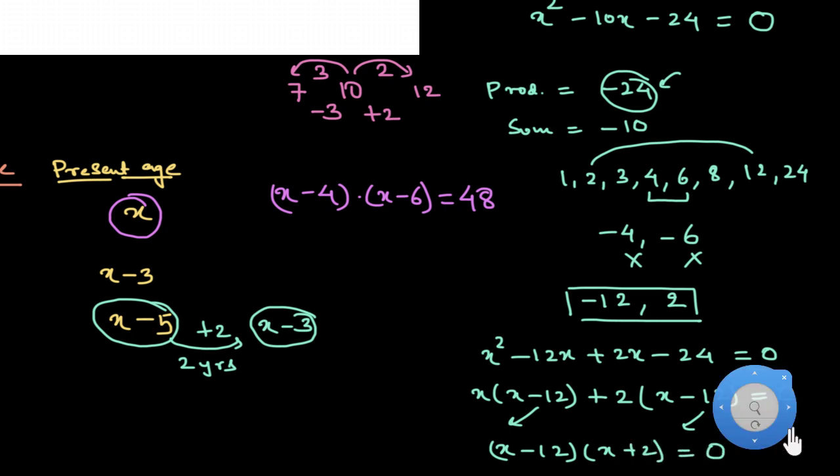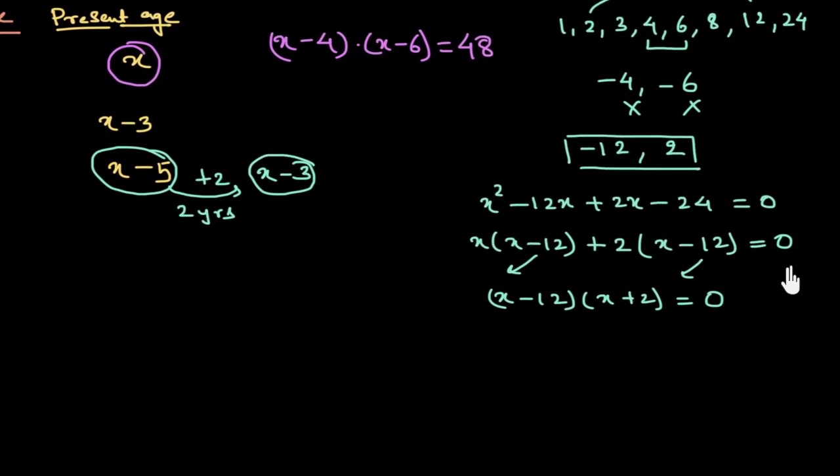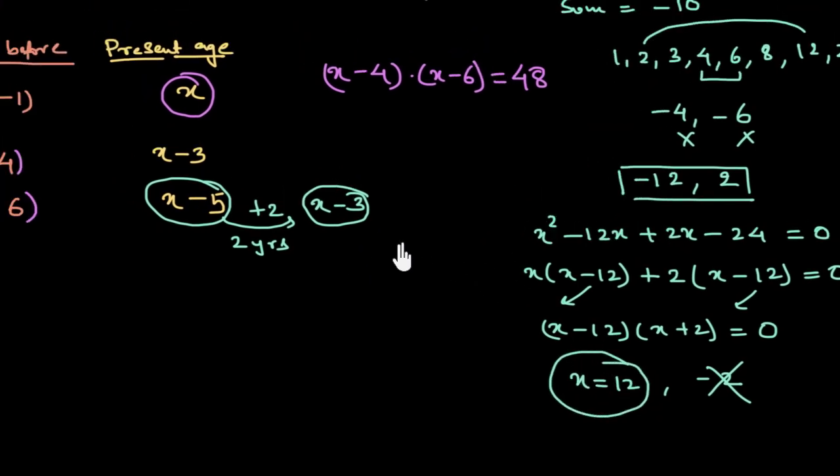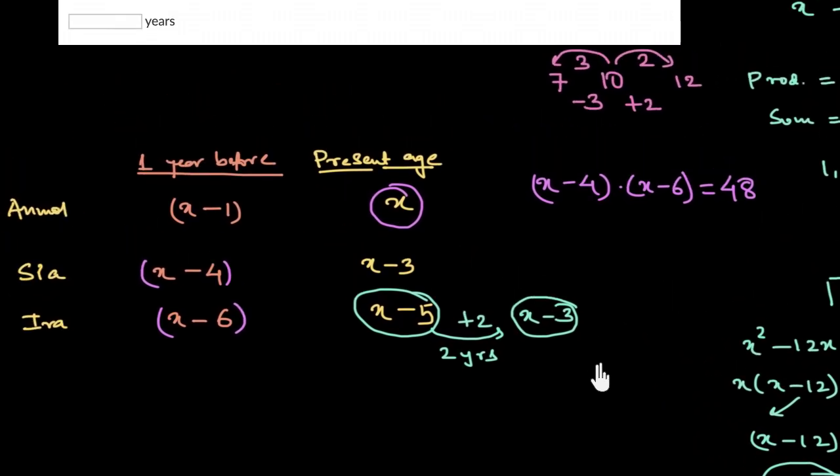So from here, if this quantity is equal to 0, either x can be equal to 12 if x minus 12 is equal to 0, or x can be equal to negative 2 if x plus 2 is equal to 0. But come on, we are talking about the age of Anmol, and how can the age be negative? So we have to eliminate this. Age can never be negative. Age is a positive quantity. So this is the only value of x that we would consider, which means the present